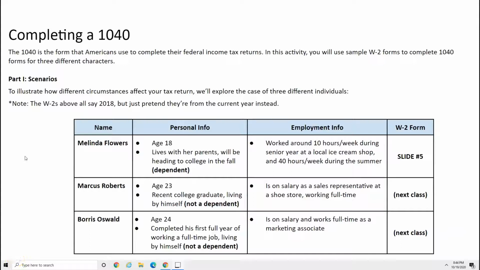Alright guys, so now we're going to actually practice filing the federal income tax return, and we're going to do so for 3 different people. We're only going to do Melinda Flowers today. Marcus and Boris's tax return we'll do another day. But in this video, I'm going to walk you through how to do Melinda's, so you can do any tax